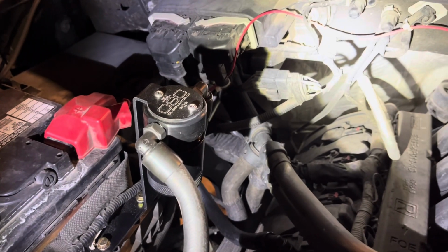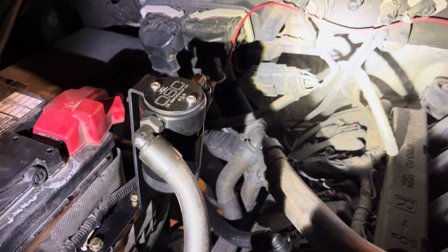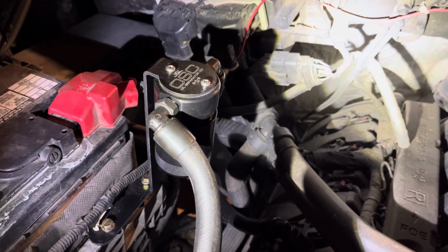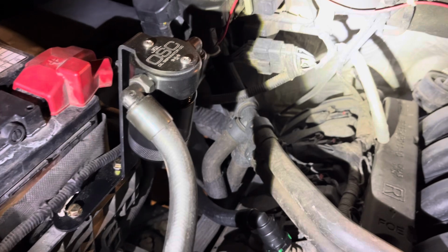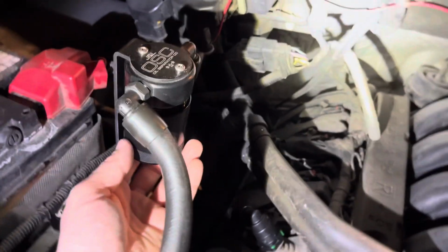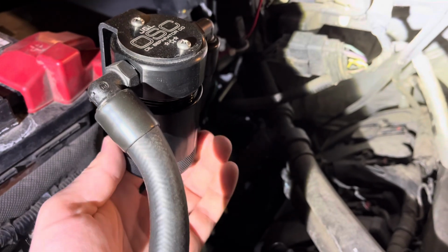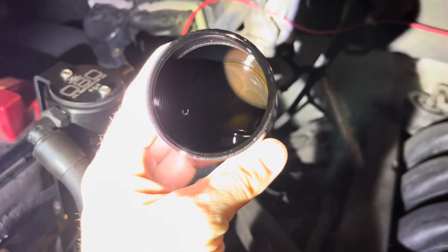So like I said, I've had this for a week and a half now, maybe 400 miles tops. I'd say closer to 300. I wasn't quite keeping track. I checked this once I installed this after like day 2 of driving around, so maybe 20-30 miles, just to see if anything accumulated in here. So I have this unscrewed already just to make it easier to show you, but like I said, about 300-400 miles, and I didn't think I would really see anything, but you can see there's already some oil